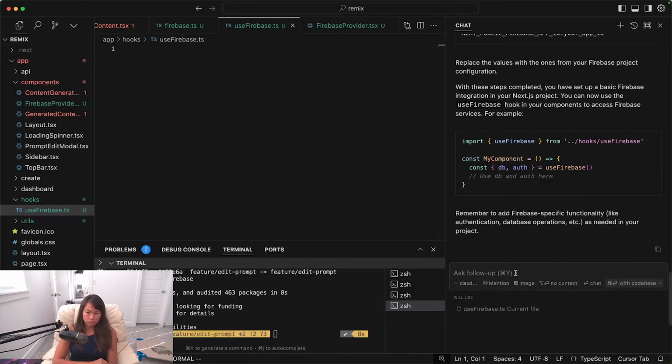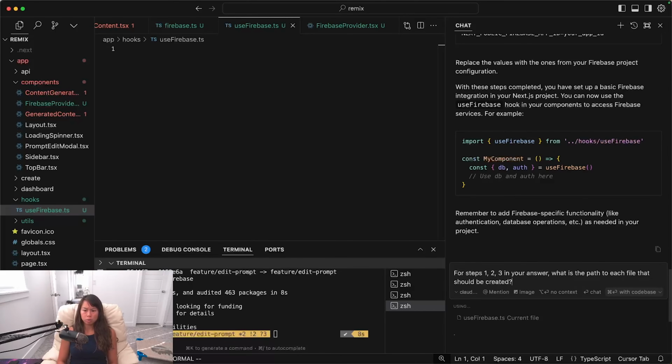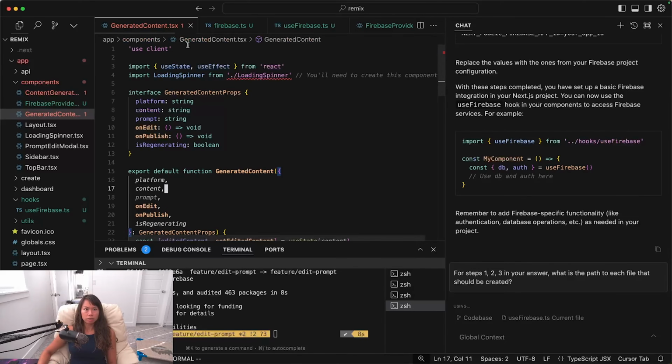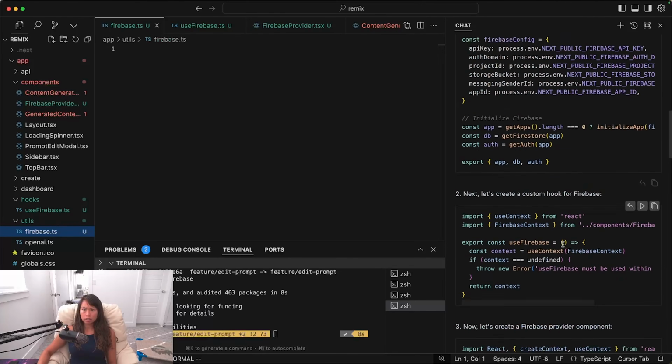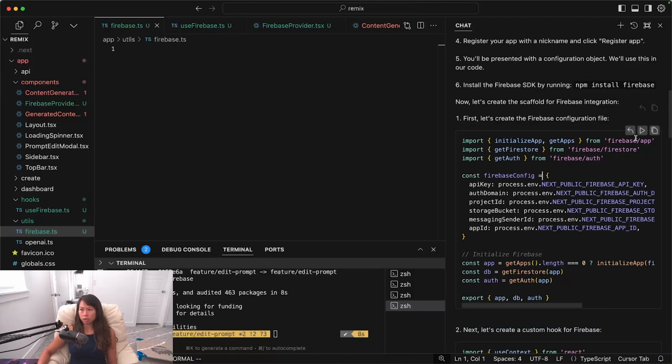Here, I'm just going to ask it to clarify which files for steps 1, 2, 3 in your answer should be created. Because remember, in the previous step, we kind of already created the file, so we just want to make sure it's aligned with what it wants us to use. So we're going to do util/firebase first. So that's number 1. Okay, let's go to step 1. This is the Firebase configuration file,